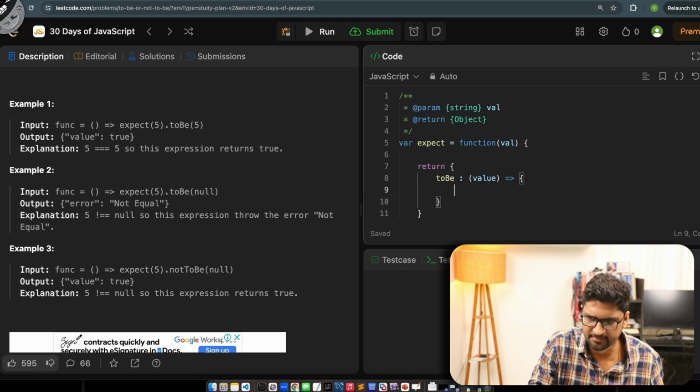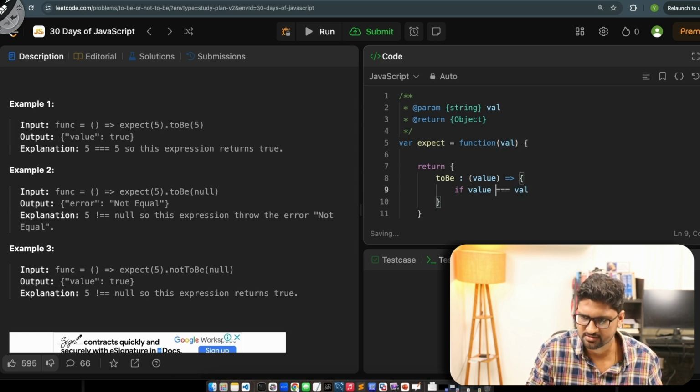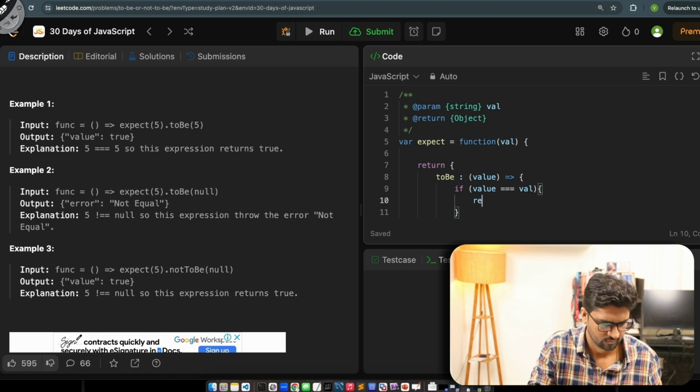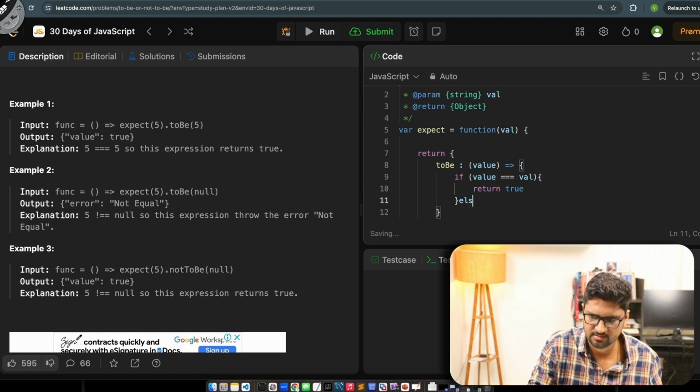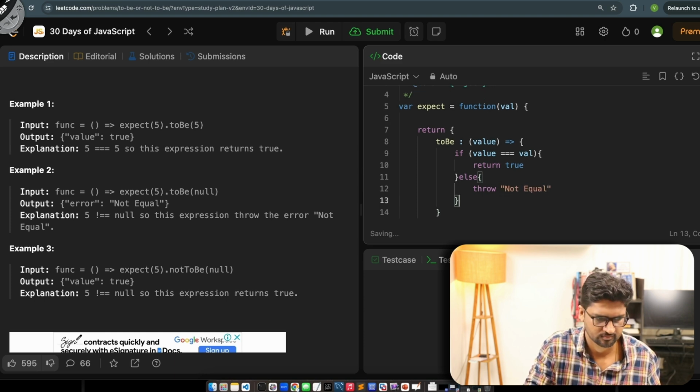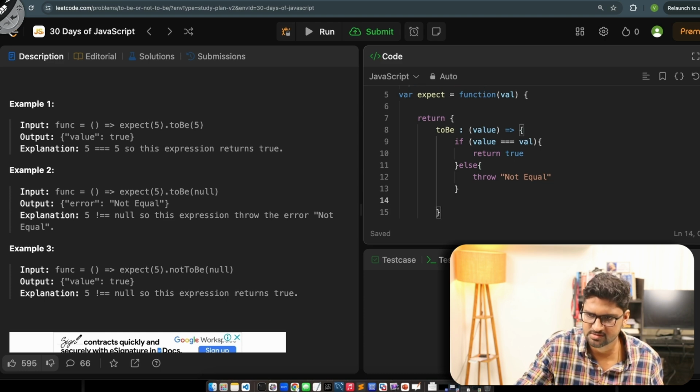Now I go and say that if value equals val, if that is the case, let's put that inside the bracket, then I go and return true, else throw, and I go and say that throw not equal. And similarly, if it is not toBe, I put the comma and say